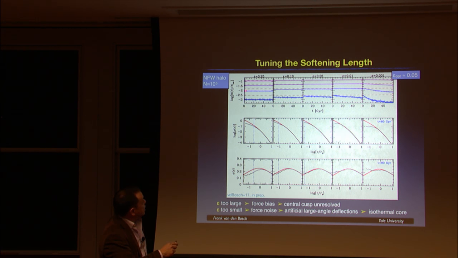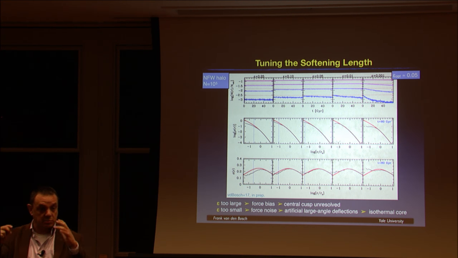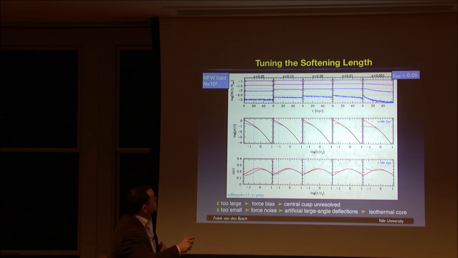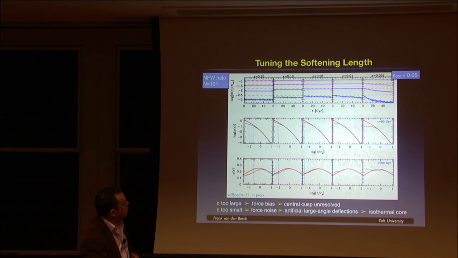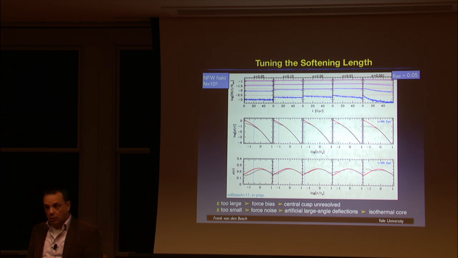If I run the simulation, the number of particles within a fixed radius stays perfectly the same. That's good news. It means my system is stable. I want my system to be stable. But it is not lying on the dotted line. I'm systematically doing something wrong, and that's shown here in the density profile. This is the density profile I want to model, but because my softening length is so large, I'm actually making something that has a much lower central density.